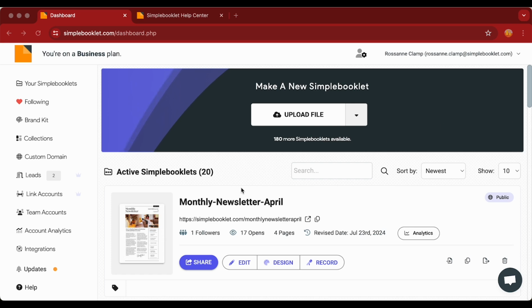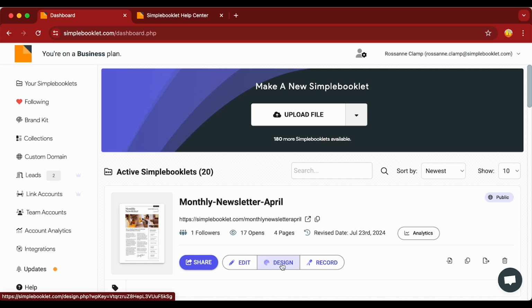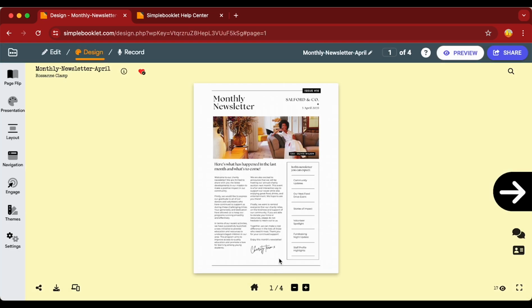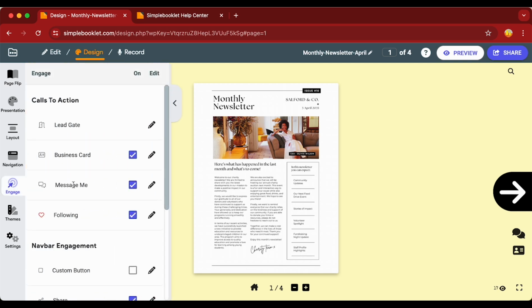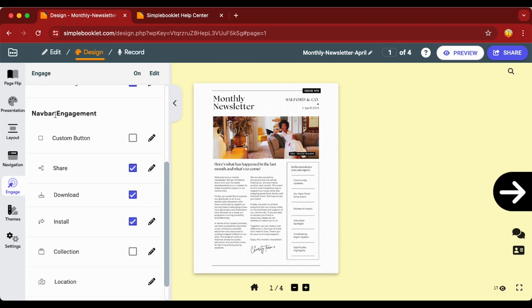So first, log into your account and head over to the dashboard, and then locate the document you want to work on. Once you have that document, go ahead and press Design, which is the Painter's Palette tab at the bottom. From there, you're going to go to Engage, which is this bullseye icon on your left-hand menu. Then you're going to scroll down to Navbar Engagements, and you're going to find this share